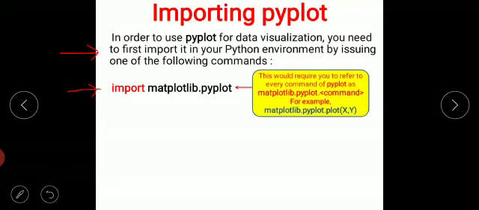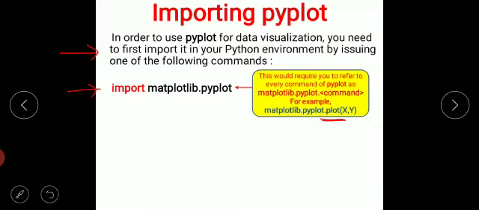Then for each and every command you always have to write like matplotlib.pyplot.command name. For example, here plot is a function in the pyplot module which is used to create the line chart, right? So if you want to create a line chart, how do we have to write? matplotlib.pyplot.plot(x, y). x comma y are the arguments. We will see how they will be created, right?